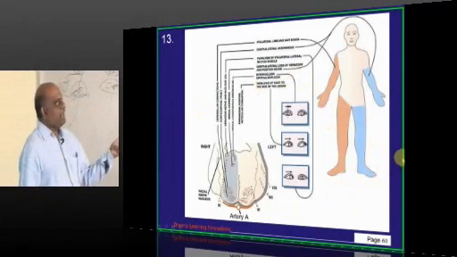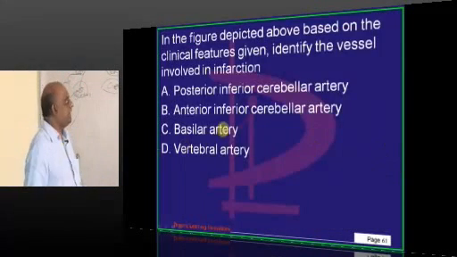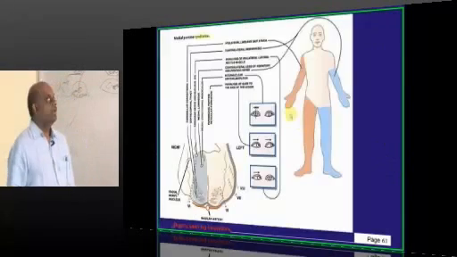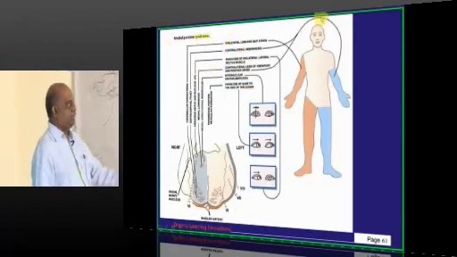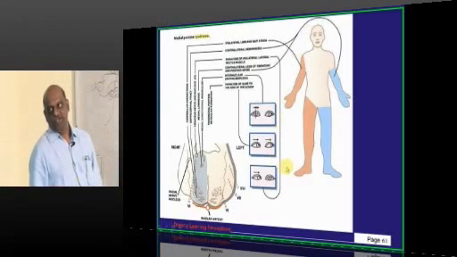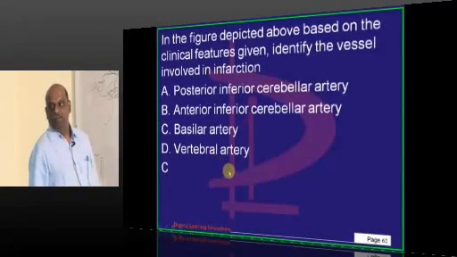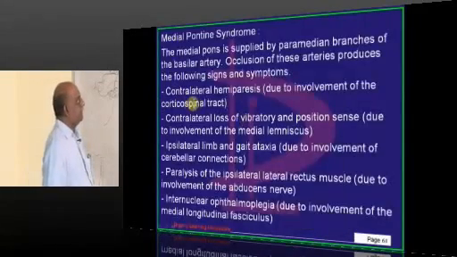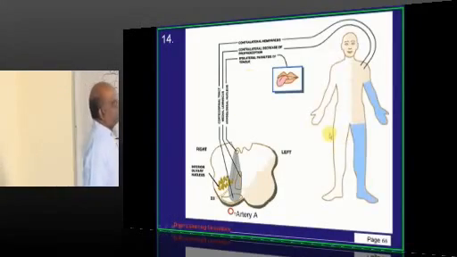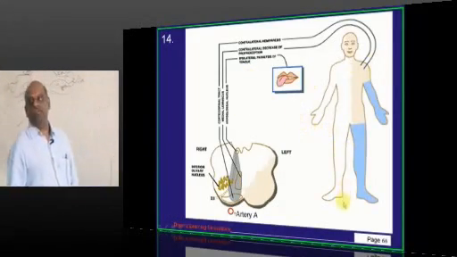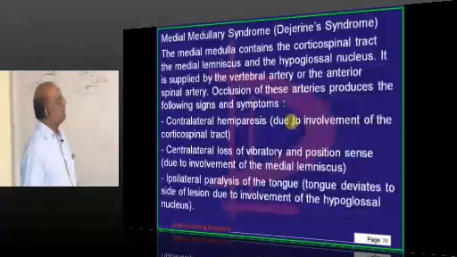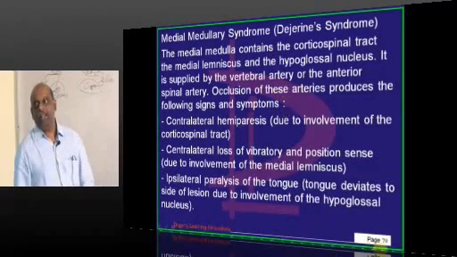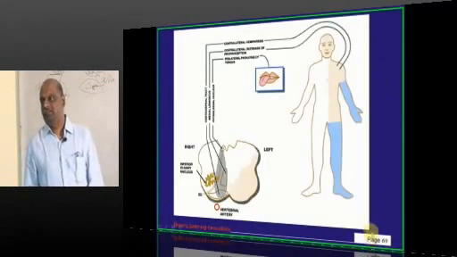Now you have a combination of clinical features, and what is the diagnosis? Typically it is a medial pontine syndrome, as the clinical features suggest, which occurs because of basilar artery occlusion. Then once more you have some set of clinical features being projected. So what do you have? Medial medullary syndrome of Dejerine,